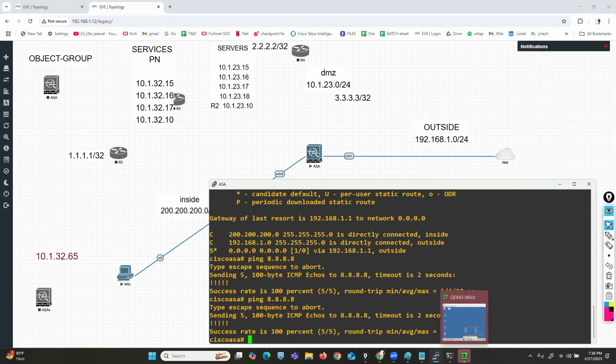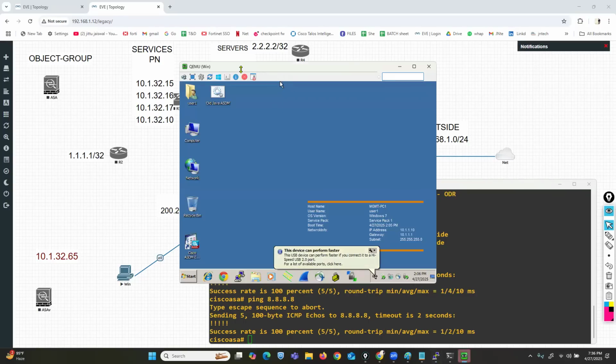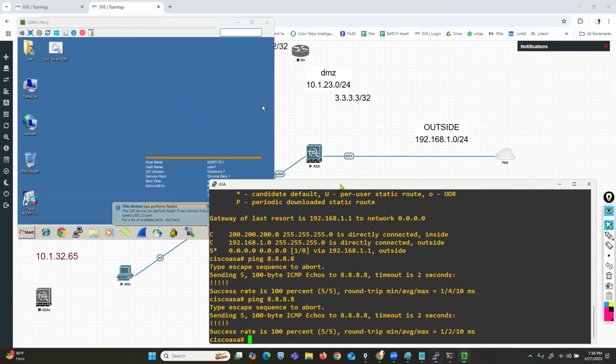So in case I'm trying to initiate my traffic from the LAN side network, the LAN side portion,